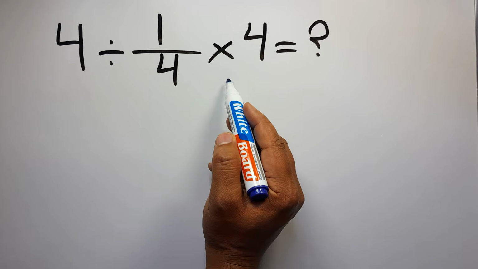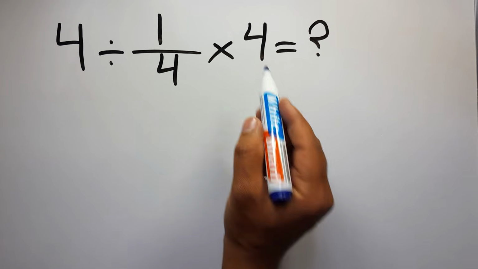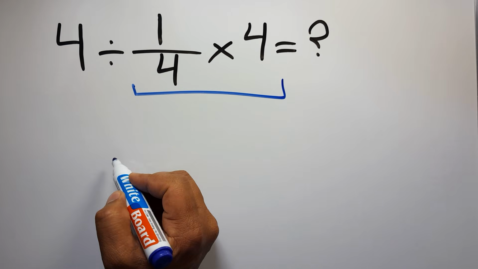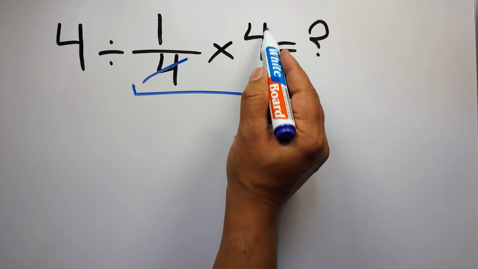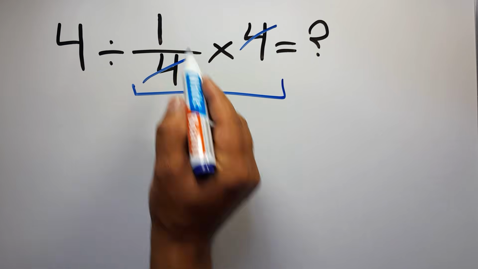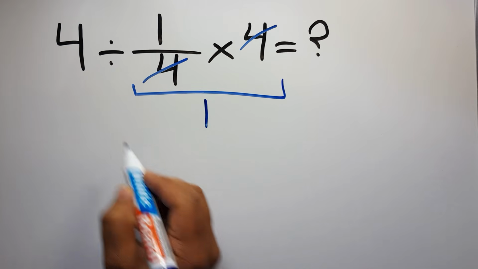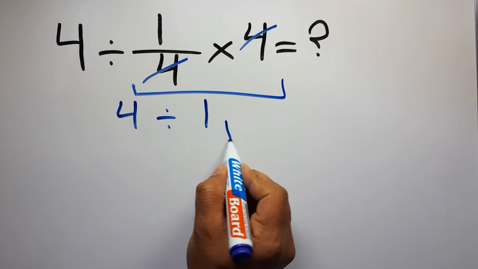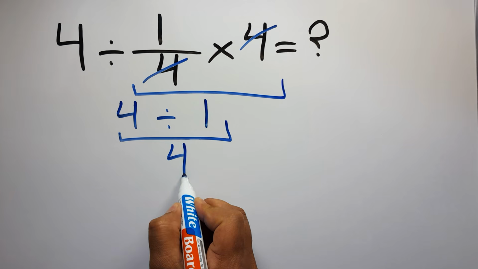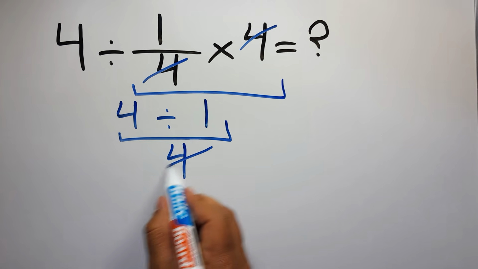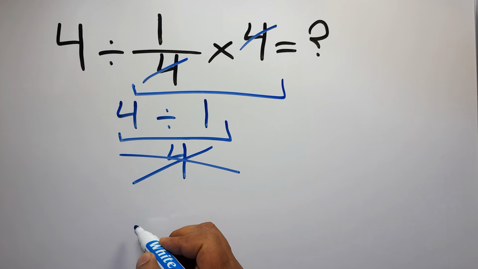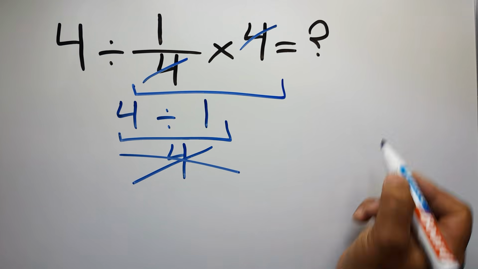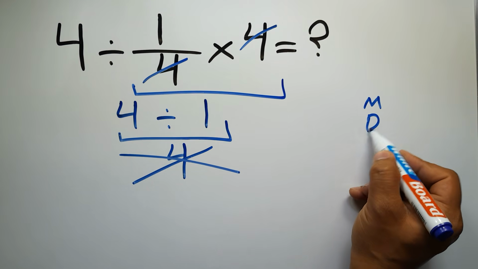First we do this multiplication, 1 over 4 times 4. We can easily cancel this 4 and this 4. So here we have just 1. And the 4 divided by 1 equals 4. But this answer is not correct because according to the order of operations, multiplication and division have equal